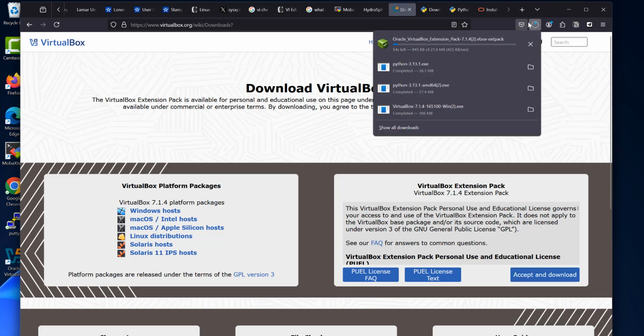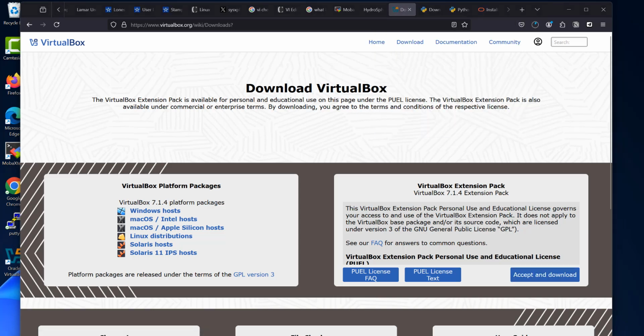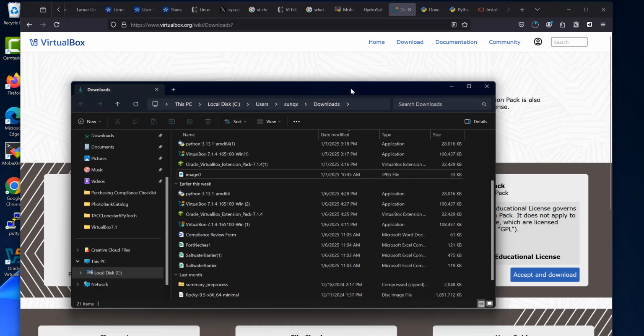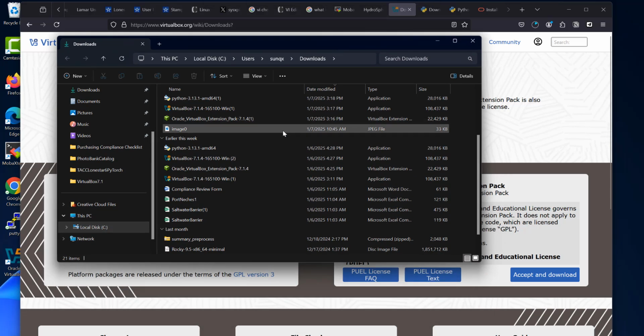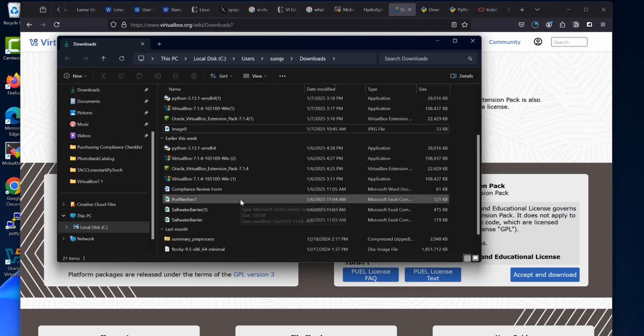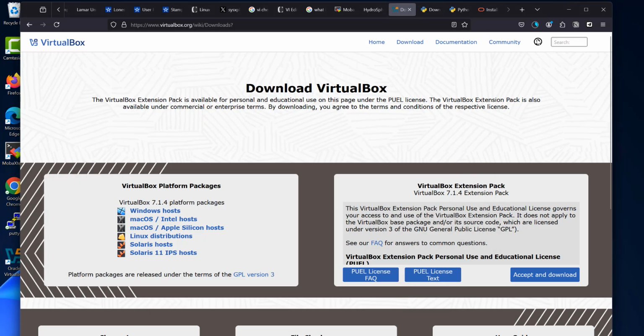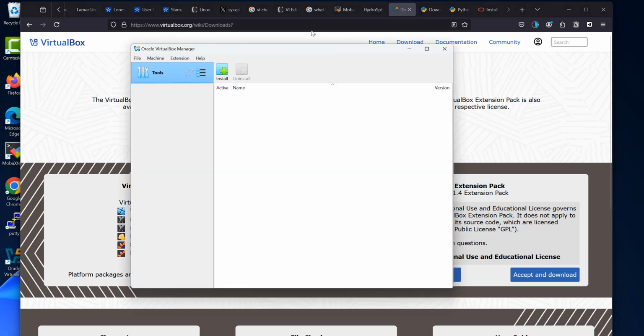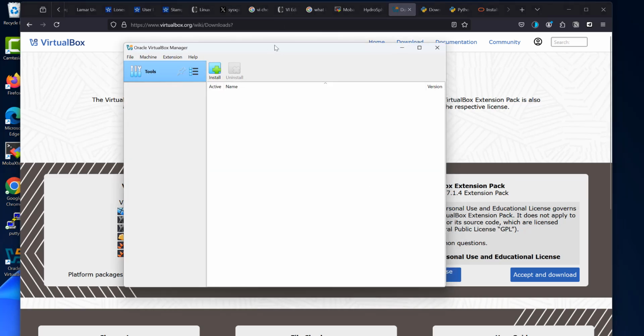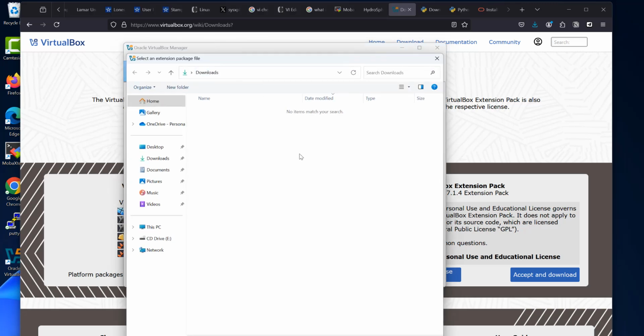To download it, I actually already downloaded this one. You see here, Oracle VirtualBox extension package. How to install it? We basically open the VirtualBox application, go to File, choose Extension Manager, install extension,